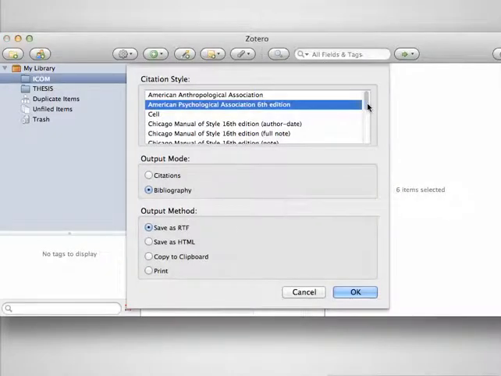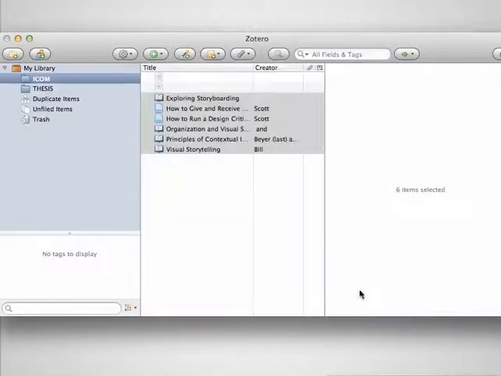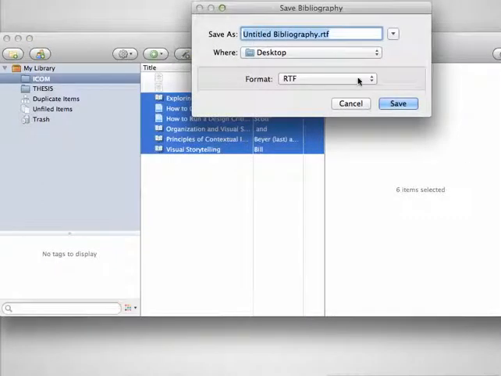And Zotero will ask me what kind of citation I need. In this case, I need APA, American Psychological Association. So I click on APA. I want a bibliography, and I want to save this to RTF, rich text file. I'll hit OK, and let's save it as